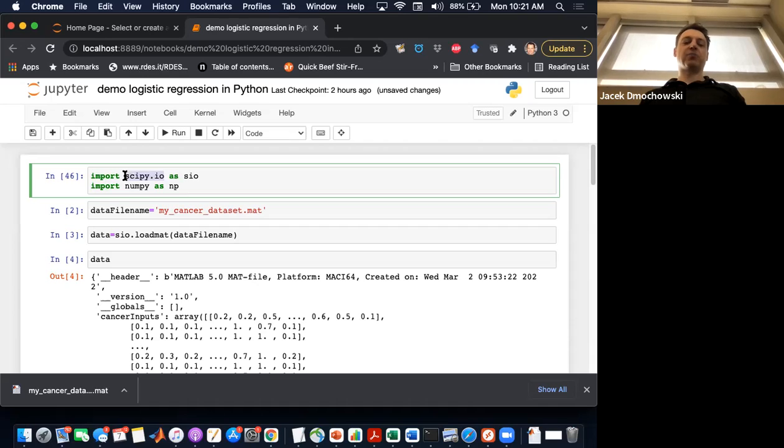Scipy is a package, but .io is like a subset. I don't want to import everything from scipy. I just want to import actually the functionality to load the MATLAB data set. And so this is what I'm saying. I don't want to have to type